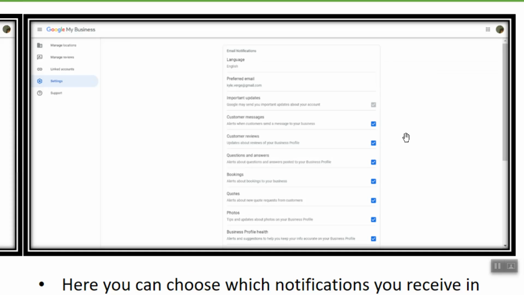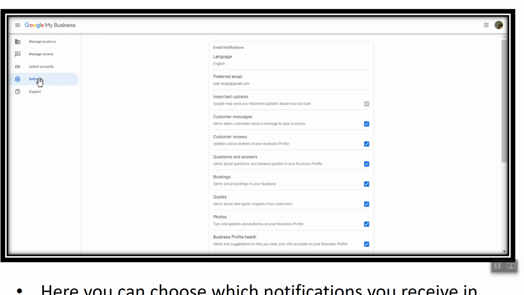This is also the place you go when you want to edit your settings about what you get emails from Google about. So for example, if I wanted to know each time that a customer leaves a review, I can check this box. This automatically comes checked. But you can see that I can check this box, and so Google will then email me each and every time someone leaves a review